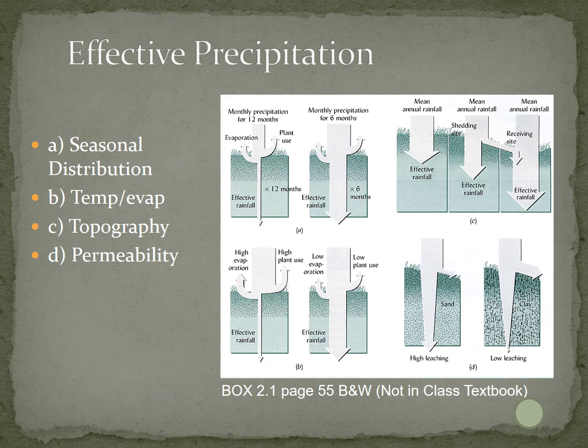Permeability basically means the ability of soil to take water into it. How easy is it for water to move into the soil? Is the soil soft and supple and has a lot of pores to take water in, or is the soil hard and compacted and water can't move into it very easily? All of these things are going to have an effect on how well precipitation is going to move in and through the soil and what changes it can make there.